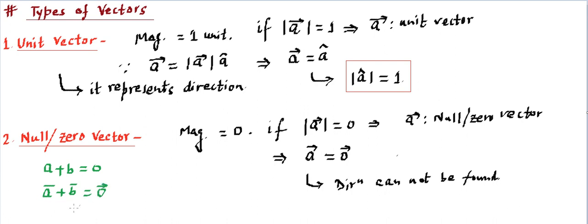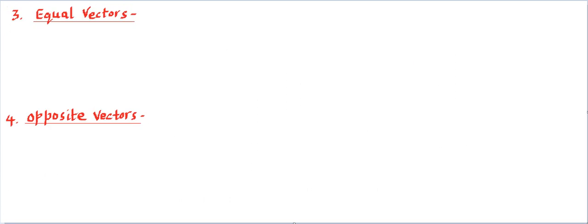We are going to write it as a 0 vector, just to make the equations valid, because this equality says whatever is written on the right side must be the same as on the left side. So if the left side is a vector, the right side must be a vector. This is a scalar equation, whereas this is a vector equation. That means in order to enable us to write the vector equation, we define this null or 0 vector. Making sense? So after learning the unit vector and null vector, now let's proceed further.